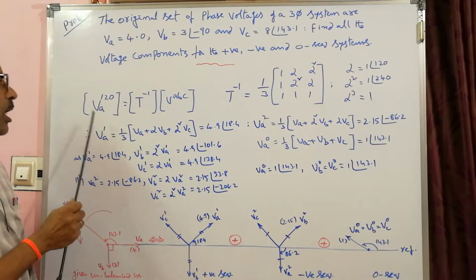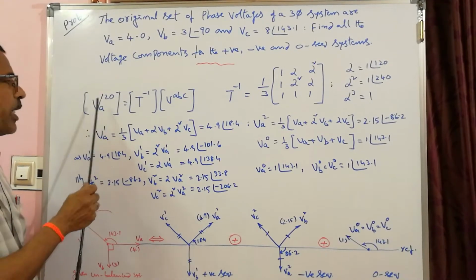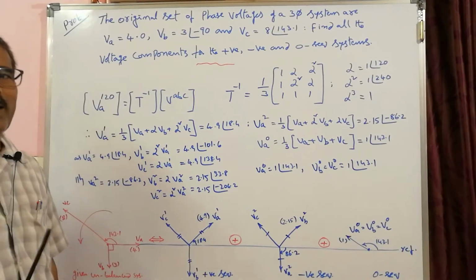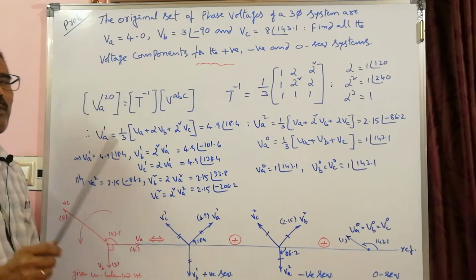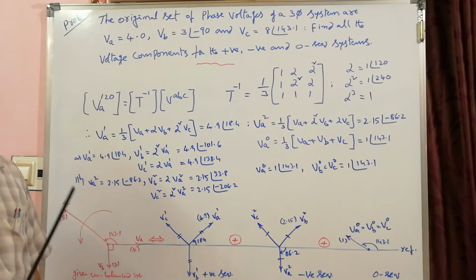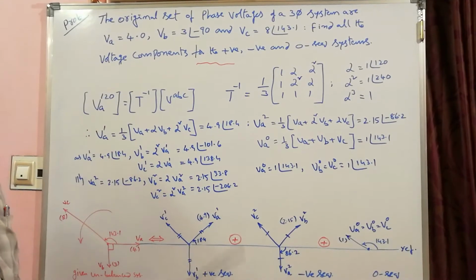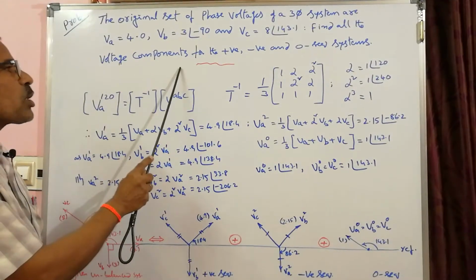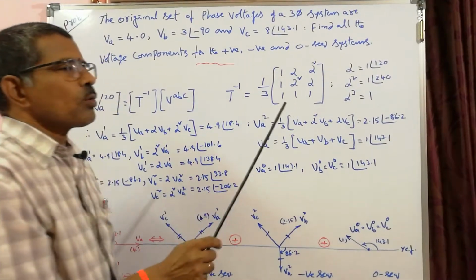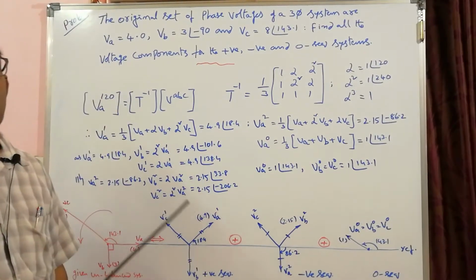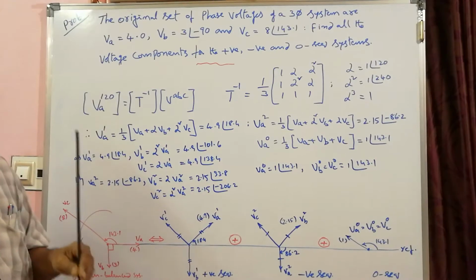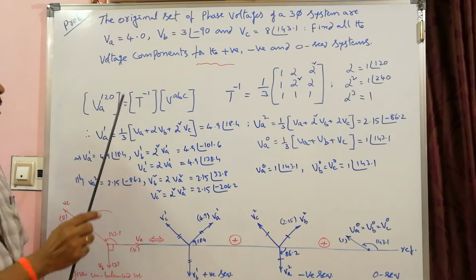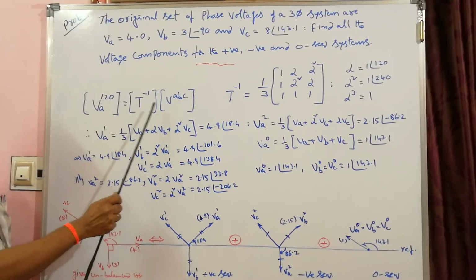Okay. So, we are always calculating VA120 only unless otherwise mentioned. By symmetrical components we mean phase A only, whether it is current or voltage. Only when it is required we compute the remaining things. Here you are asked to calculate all voltage components for positive, negative and zero, so all 9 we are calculating in this problem. Otherwise, normally you are asked to calculate symmetrical components for phase A only. Anyway, VA120 is T inverse VABC.